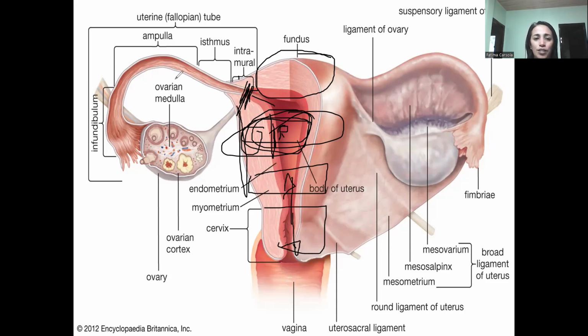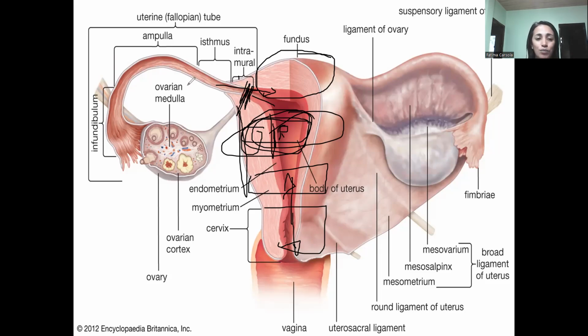We have here your fallopian tubes. They are bilateral. Later on, you will know the functions of the fallopian tube, but for the benefit of knowing what is in the drawing, we have here the intramural. In the board exam, they call it interstitial. The intramural or interstitial part of the fallopian tube is where your fallopian tube is inserted into your uterus.